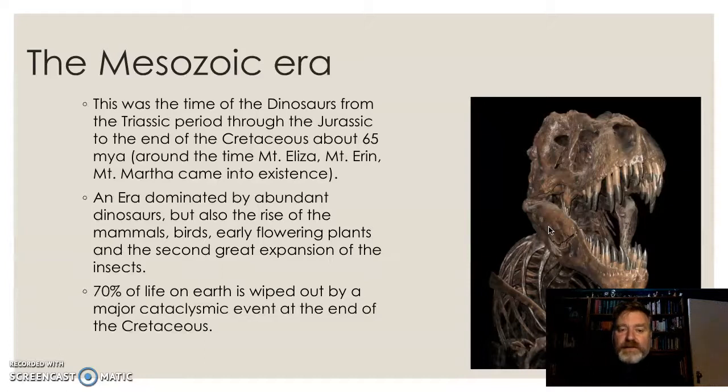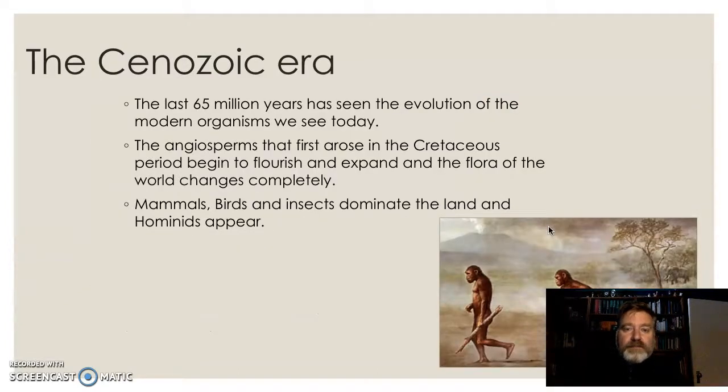And the early flowering plants, some really early ones, started to appear, which of course then started to support massive insects, and they were really large insects, much bigger than we have today because the climate was quite different. And then the Cenozoic sees an enormous change.